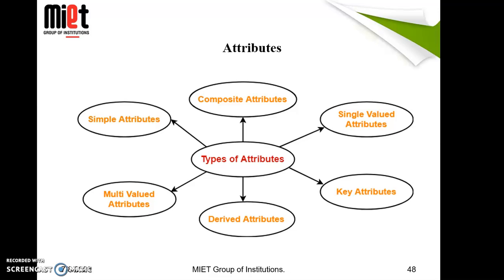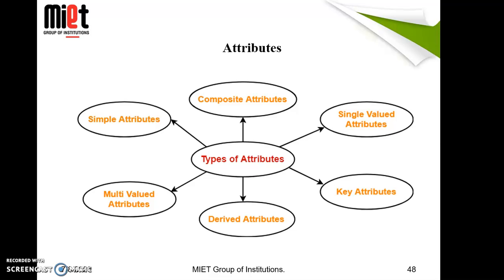So let's take an example of a simple attribute. A simple attribute is an attribute composed of a single component with an independent existence. A simple attribute cannot be further subdivided. For example, age. Age has a single value. We do not have more than one age. Next is salary. Salary, not more than one salary. If a person is working in a department or in any organization, he has only one salary. Or gender, I think no one has more than one gender. So it is an example of a simple attribute.